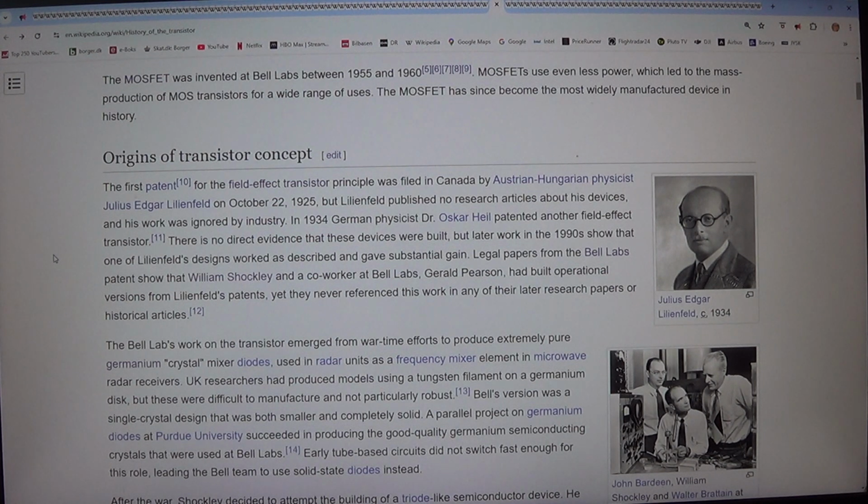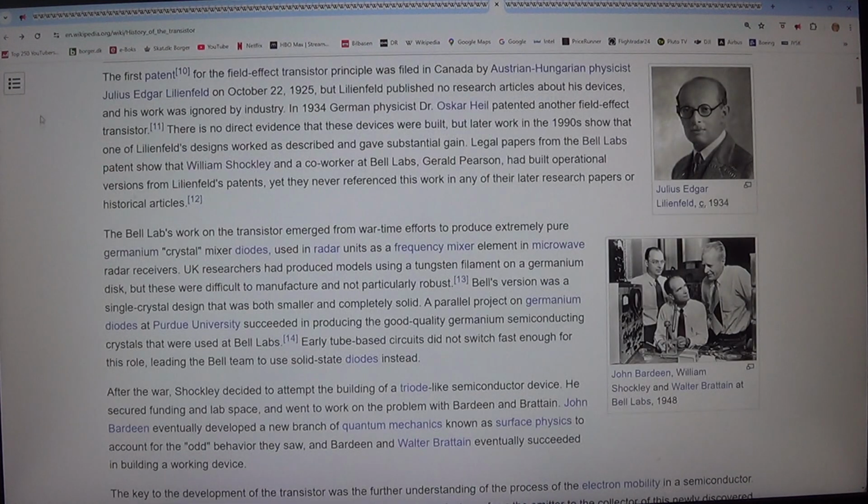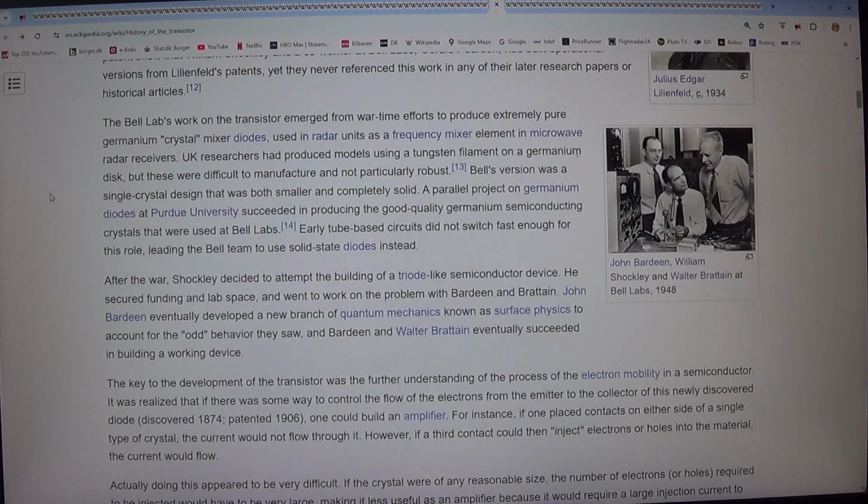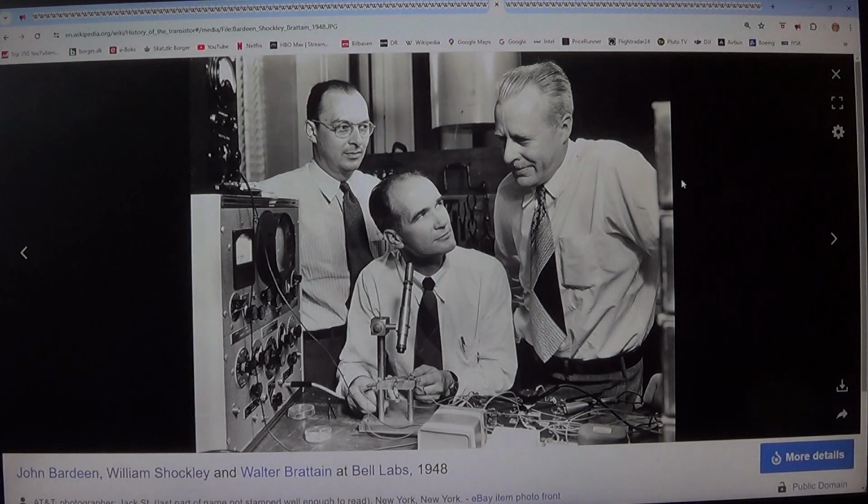Legal papers from the Bell Labs patent show that William Shockley and a co-worker at Bell Labs, Gerald Pearson, had built operational versions from Lilienfeld's patents, yet they never referenced this work in any of their later research papers or historical articles. The Bell Labs work on the transistor emerged from wartime efforts to produce extremely pure germanium crystal mixer diodes,